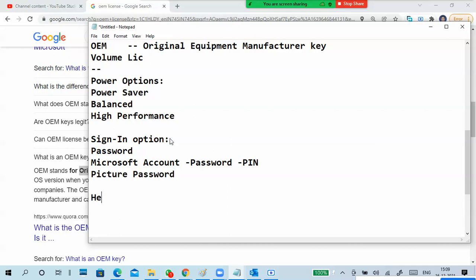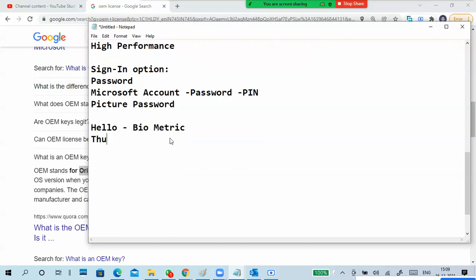Next, Hello feature. What is the Hello feature? It is biometric, a biometric type of password like a thumb impression.